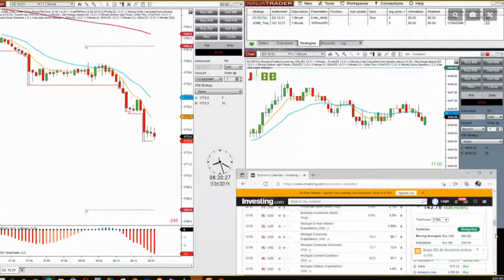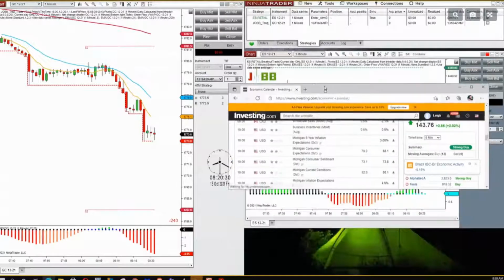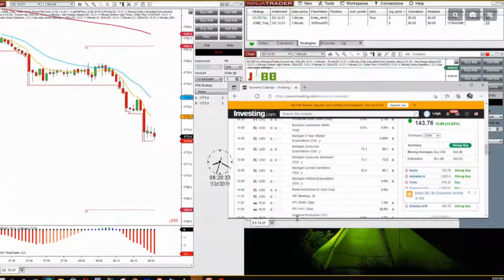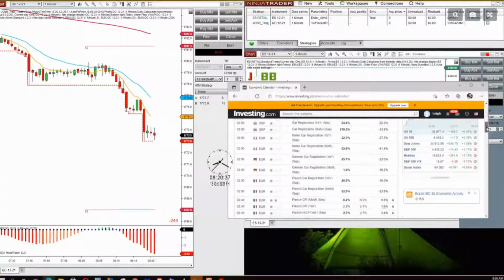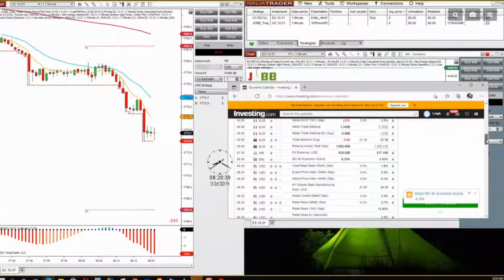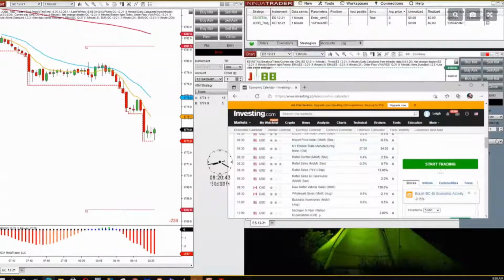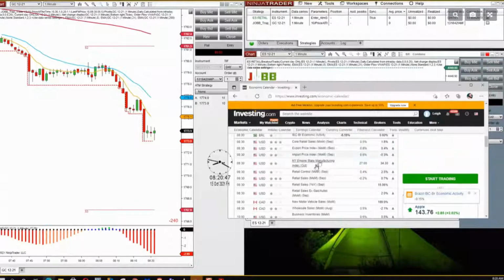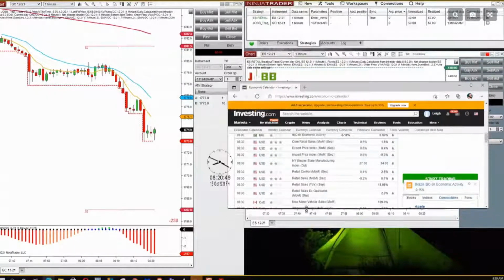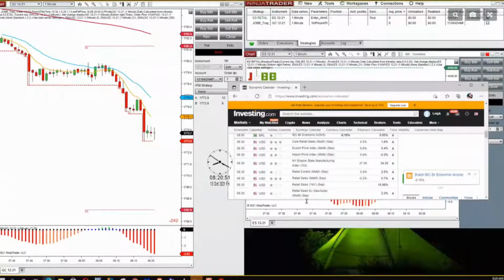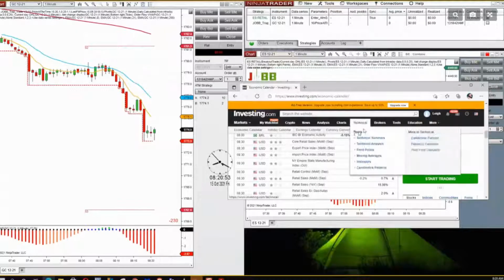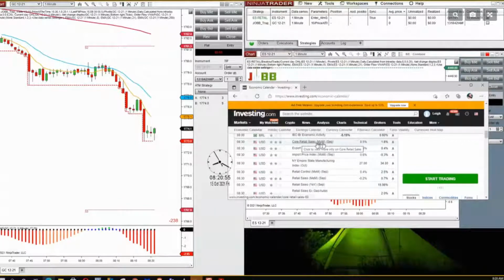Now, I almost prefer having my news off to the other side because there's so many elements that make up retail. There's a lot of elements that make up retail. Core retail is the important number.